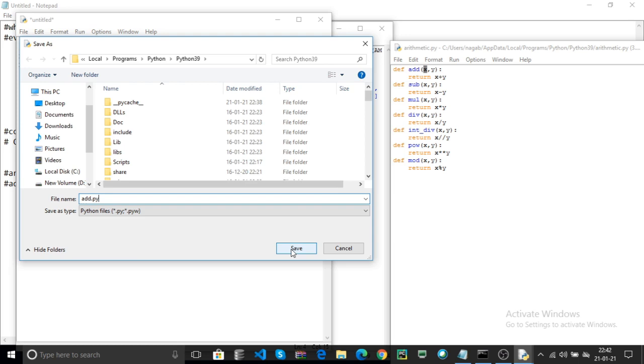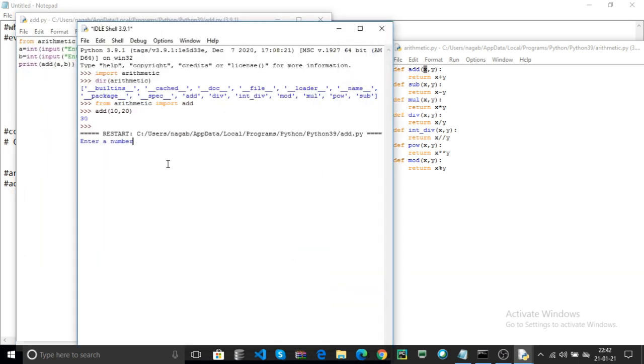Here enter one number, for example 100, and enter another number, 200. Here it returns 300. This is module creation in Python. You can create your own modules based on your requirements and your project requirements.